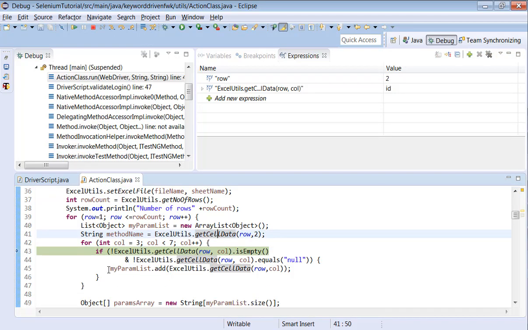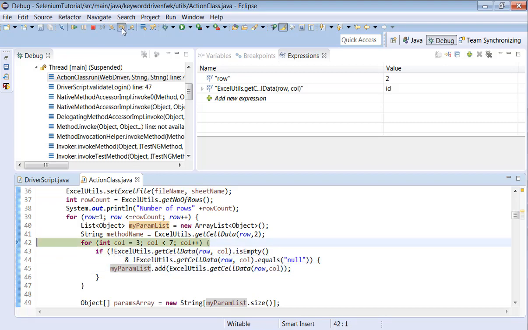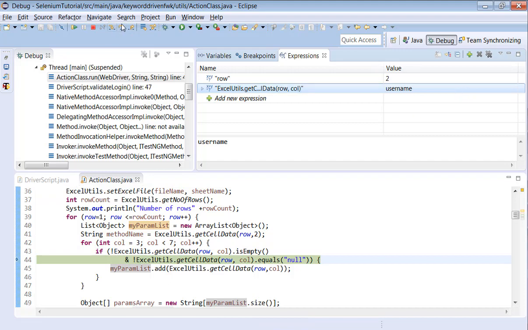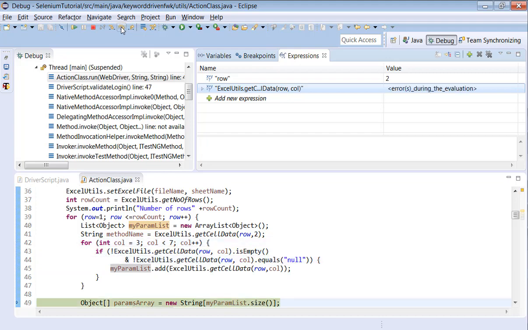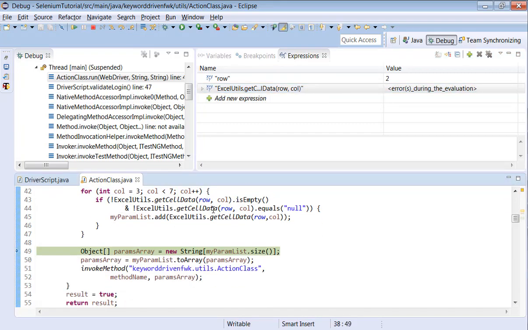Check now. We're getting each and every column value and adding it to the array list. Then we are going to get username. You can focus here, username. Then we are going to get admin123. The parameters are completed.